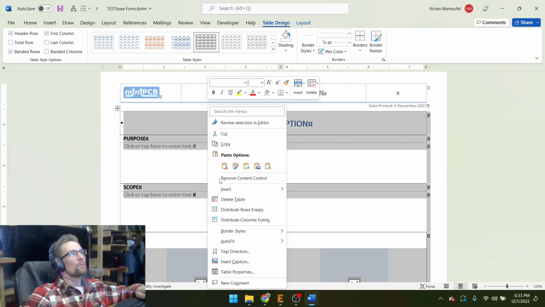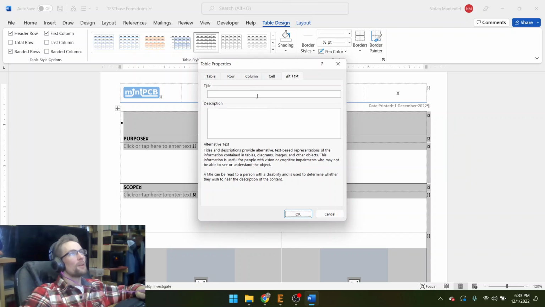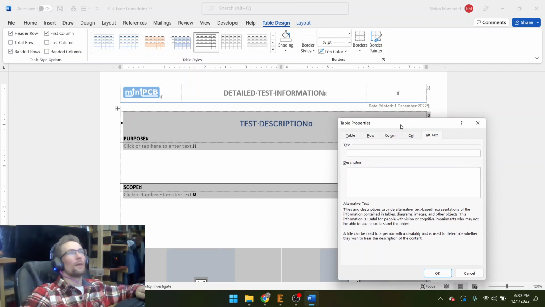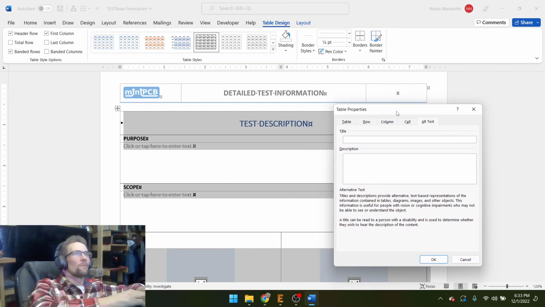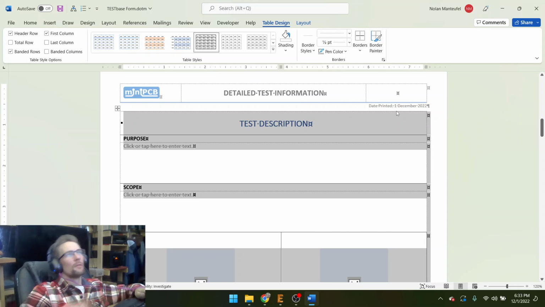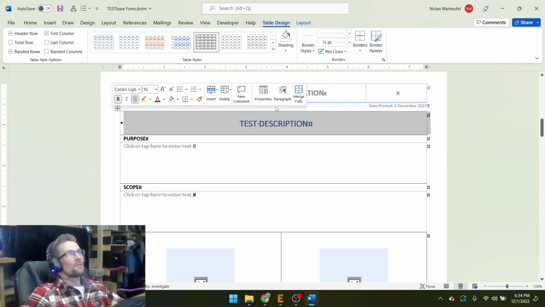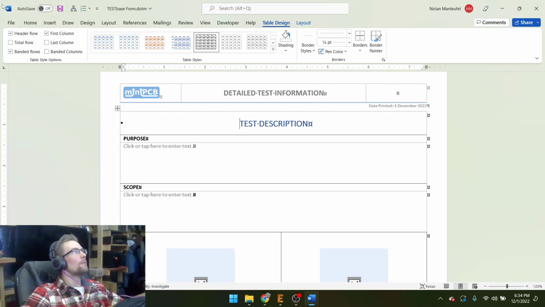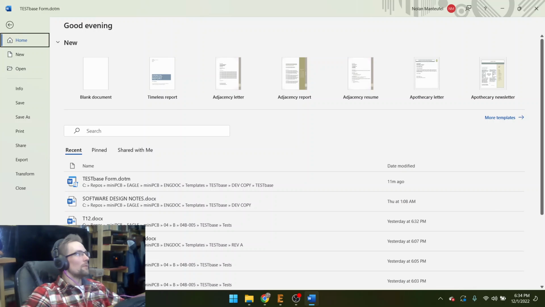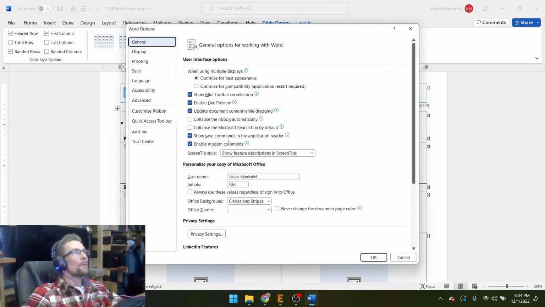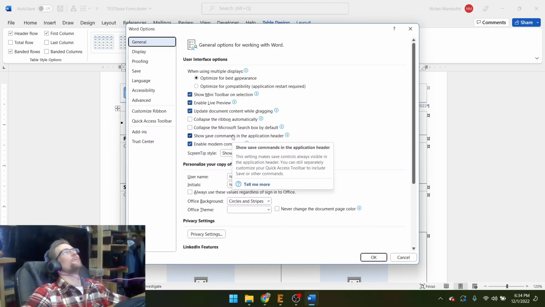Test description. Is there a way to disable that pop-up thing? I don't think I use it. Do I use it? Y'all, do I use this? Is there a way to disable that? Home. I'm having a bad day, so might as well. Options. I wouldn't say bad day, but